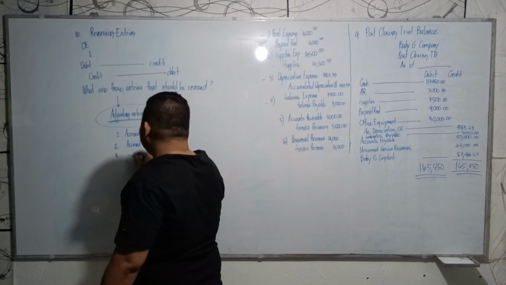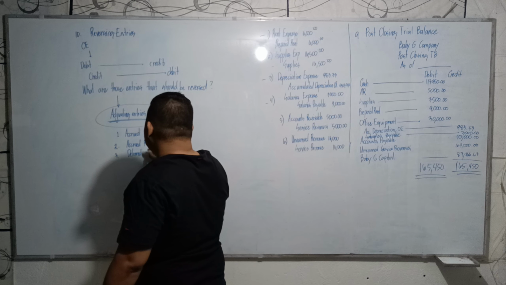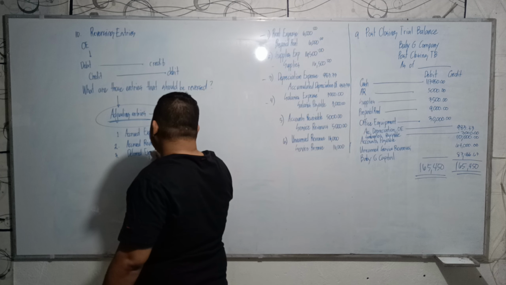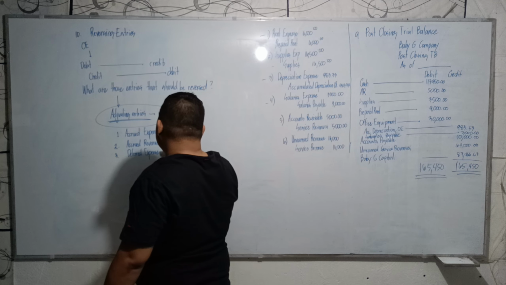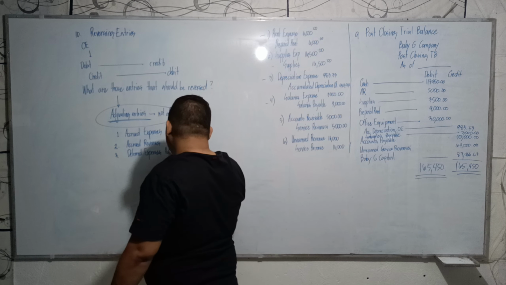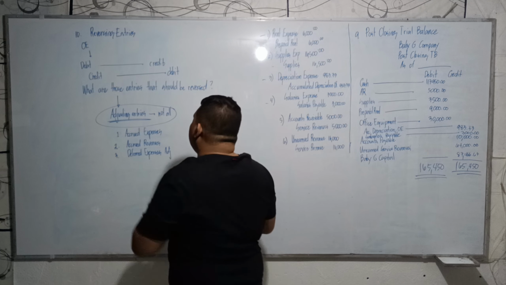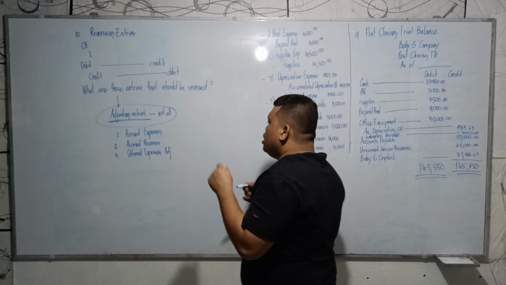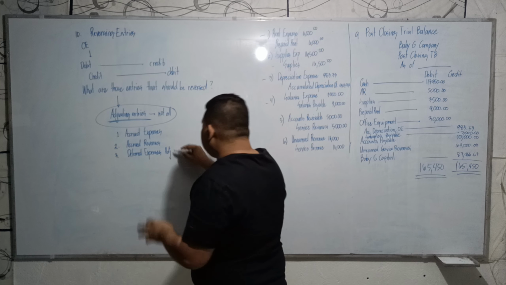Number three, deferred expenses adjustment. I would like to make it clear that the adjusting entries are the only ones reversed. So, deferred expenses adjusting entry